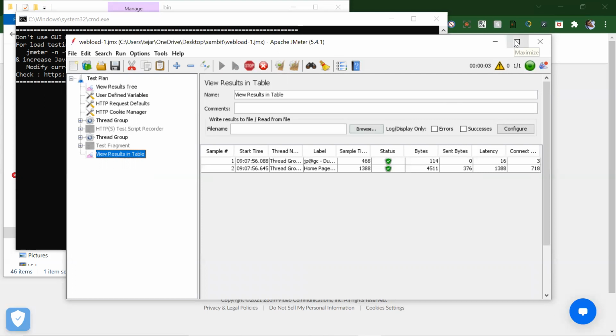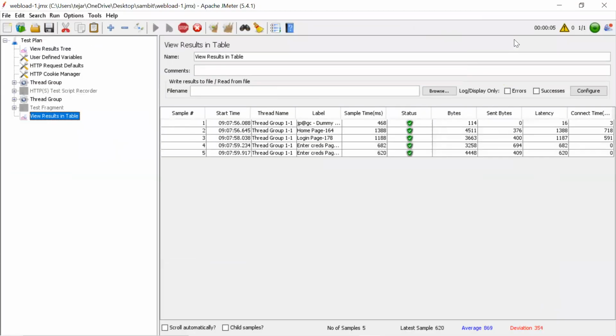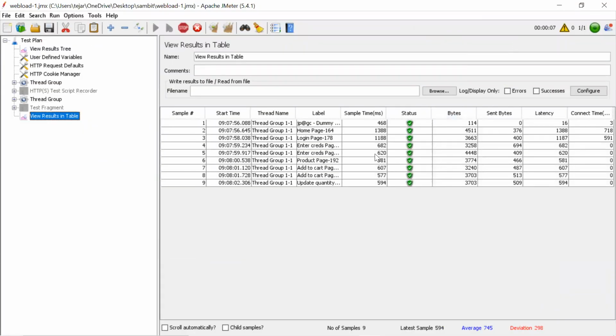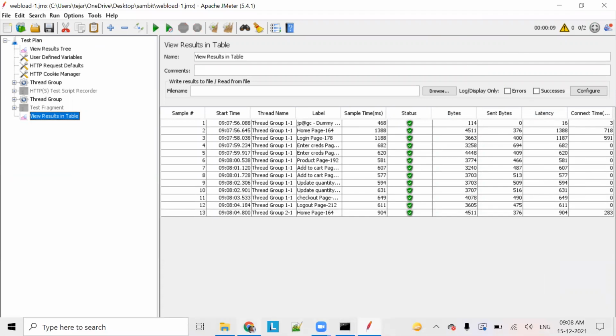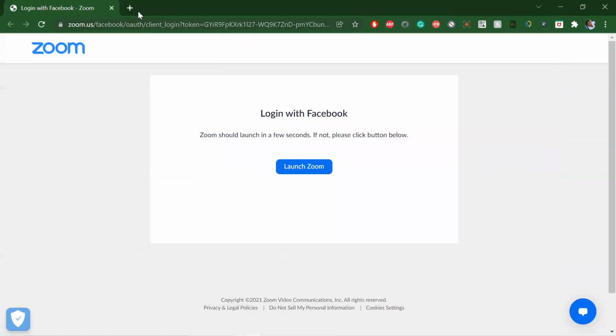So the response times, you got it, right? What are the values here? And you can see the latency is okay, because currently my internet speed is